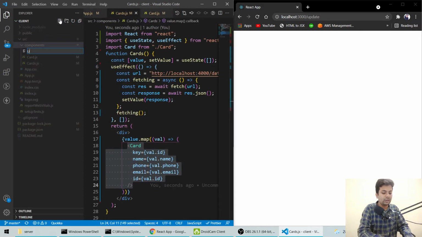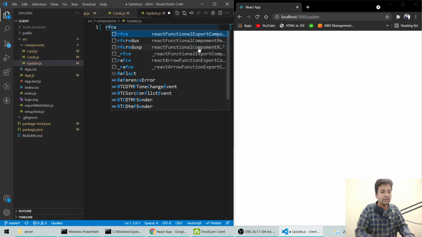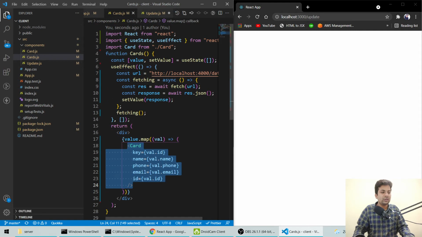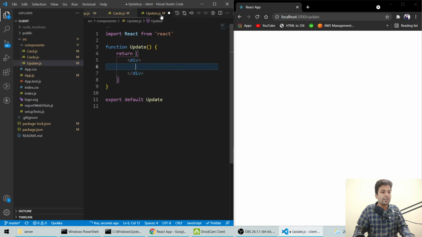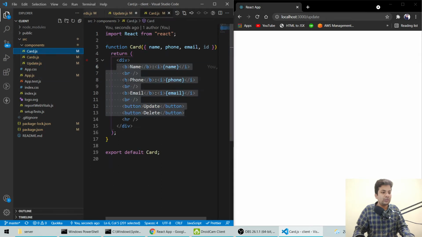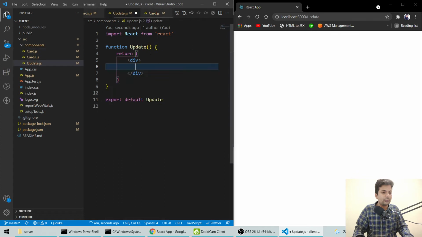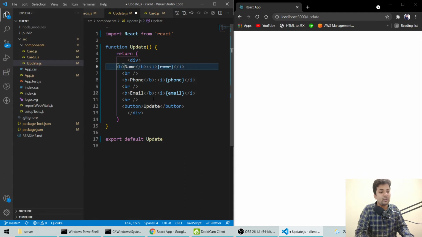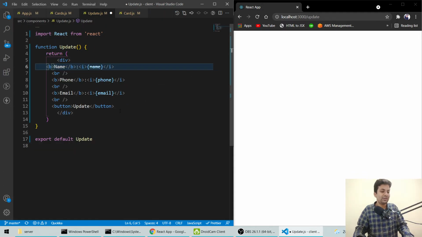In components we'll say update.js. So here also a component, Update. Here we'll make something like this only, where it's a card. Update is the toughest one in this part. Here I remove name because I am not accepting any props.